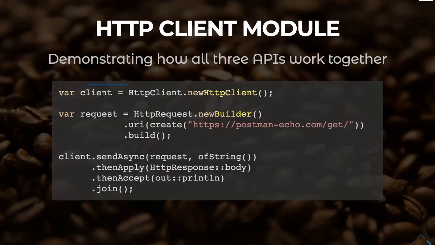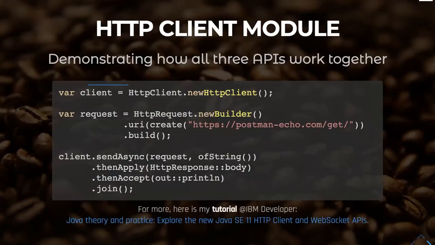Simple implementation. If you'd like to make a call for REST or whatever it is, you can build it like this. You have a var client, you create a new HttpClient with a new builder, you pass the URI, you build it, you send it, either sendAsync or just send for synchronous, and that's it. It's very easy and powerful.